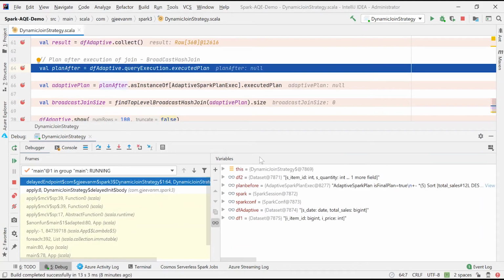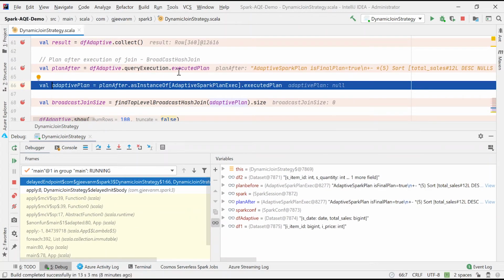Now the join is completed. We could see after collect there is some output, because it executed this collect and there are some results out of it, right? So my program is here now. Let me run and check what is the plan for the data frame now after executing collect. Now my expectation is sort merge join has to be tweaked to broadcast hash join based on the runtime statistics, right? I'll go ahead and run this command.